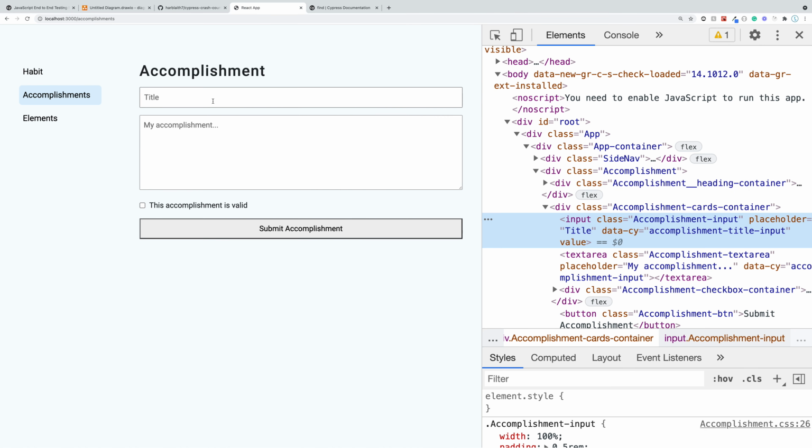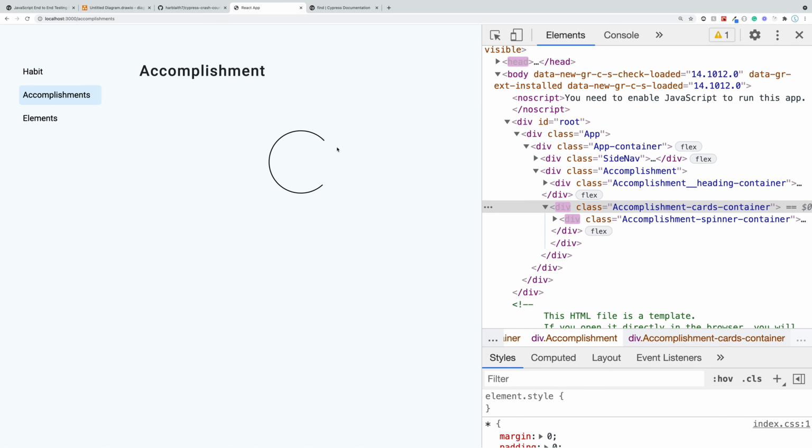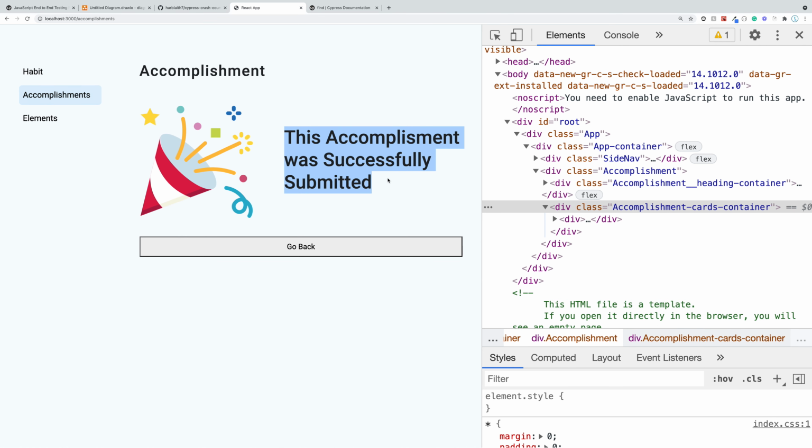Alright, so now let's actually test the positive case, where we actually type something, we check the button, and then eventually let's assert that we get this landing page. And to assert that we get this landing page, let's say that we get this success over here. Now again, one thing that's interesting about this is we don't get it right away. So you might think for other testing frameworks, we were going to have to do something like wait for,